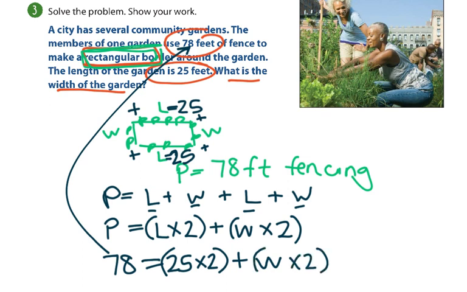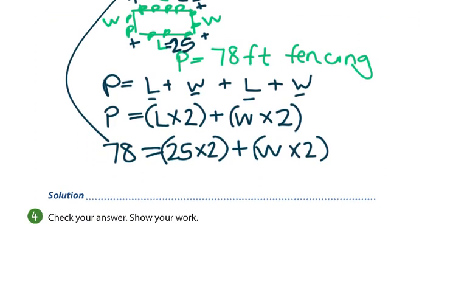Okay, and I don't know what the width is. Let's see if I can figure it out. 25 times 2 is what, Catherine? 50. 25, a quarter, and 2 quarters equals 50 cents. Plus a width I don't know